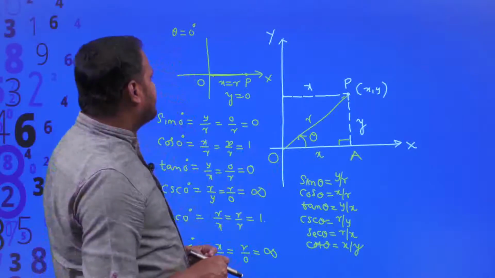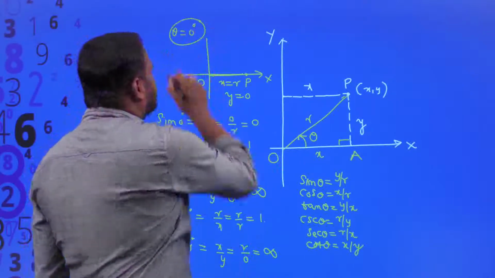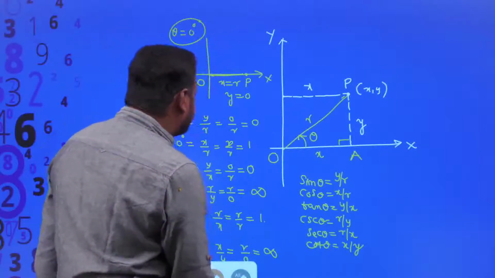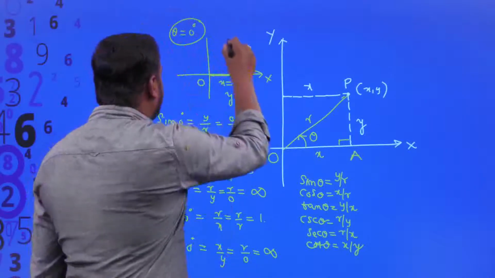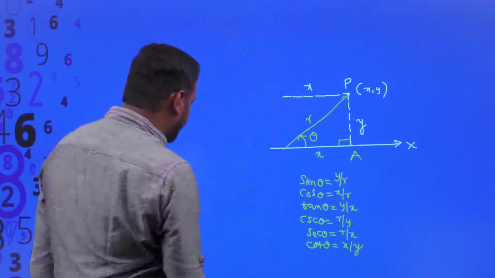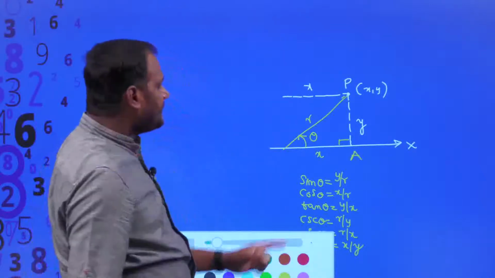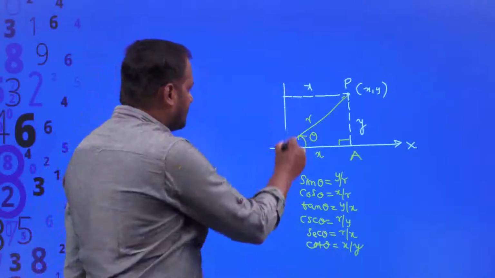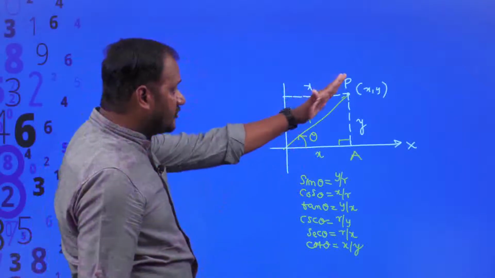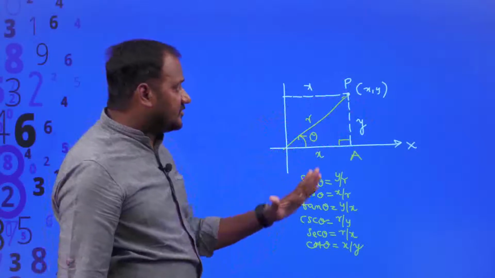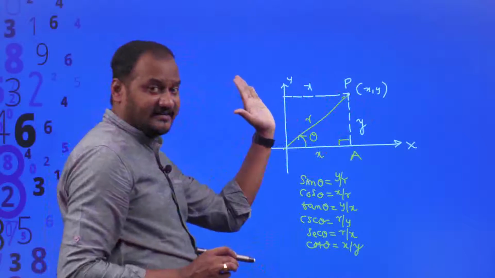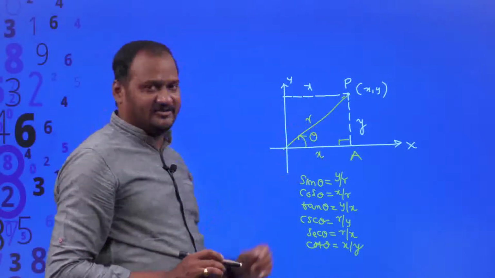Fine. So let's move on. After theta equal to 0 degrees, now we have theta equal to 90 degrees. Now let's see how 90 degrees is formed according to this information and this definition. Observe here, theta is equal to 0 degrees when OP coincides with the x-axis. Suppose OP coincides with the y-axis, then we can say that theta is equal to 90 degrees.